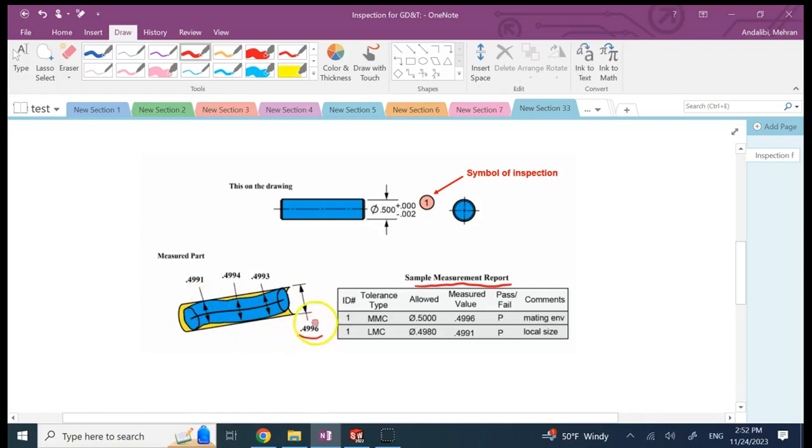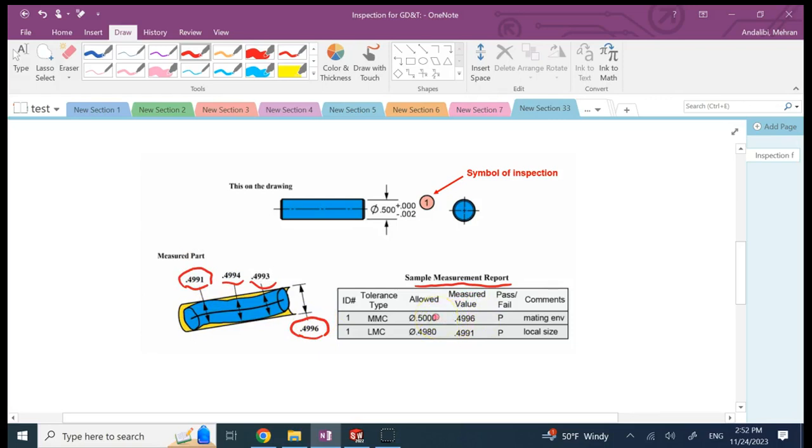Let's say these are the 4 local measurements that I get. Using those 4, of course, the maximum diameter and the minimum diameter are these 2 numbers,